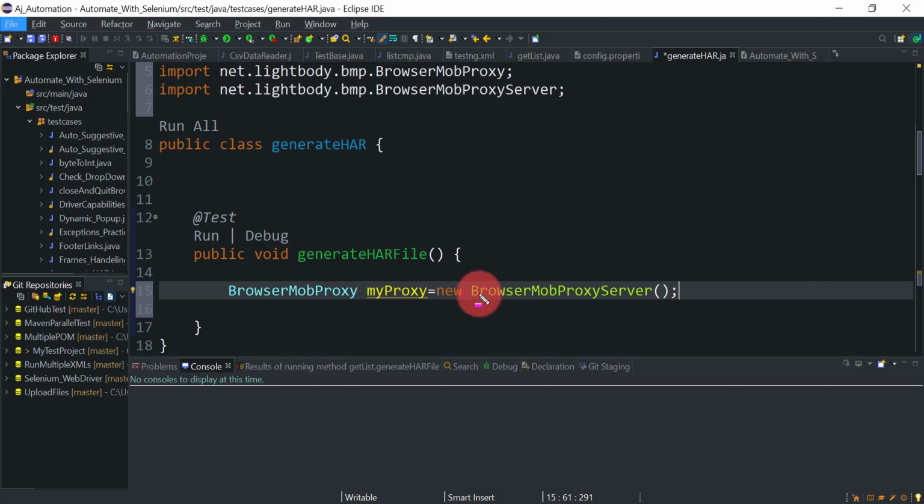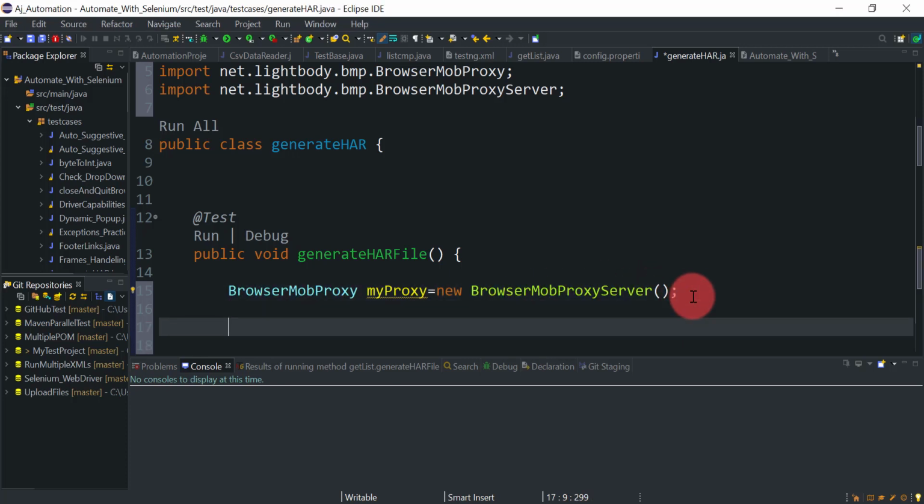We need to create an object for this class, which implements the BrowserMobProxy interface. This is the interface and this is the class which implements its methods. With the help of this reference we will be able to call the methods.